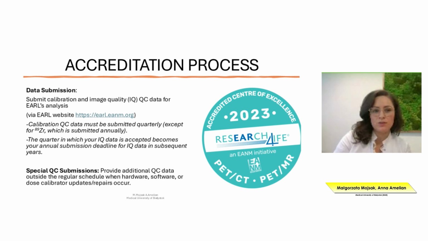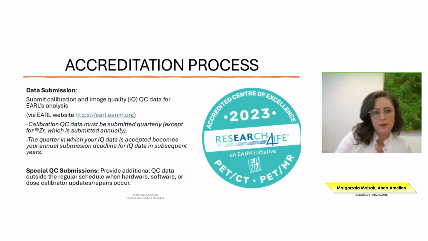The image quality data needs to be sent every quarter. So 4 times a year, we need to send the images. And as far as calibration of the phantom is concerned, we send it when we apply for certification and then once a year. It is important also to inform the team about any important changes, like changing the